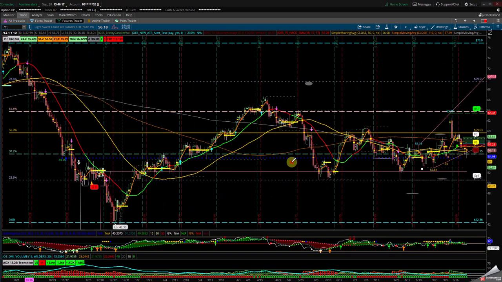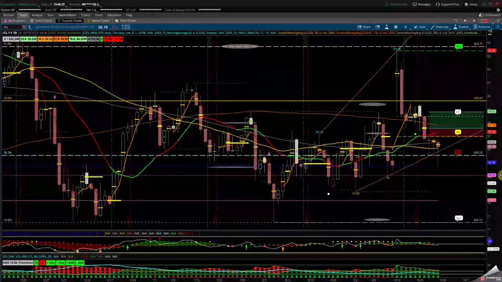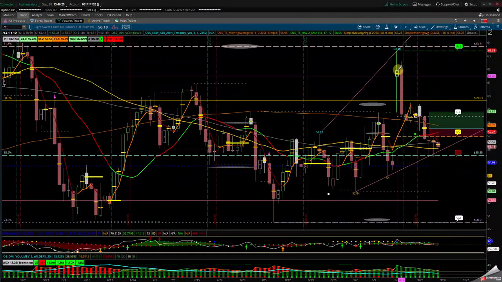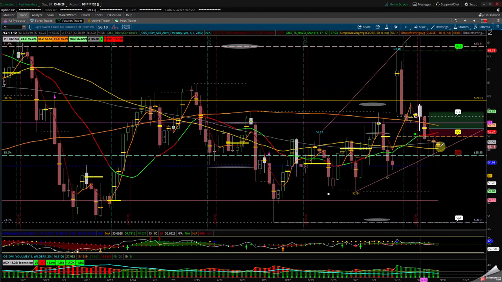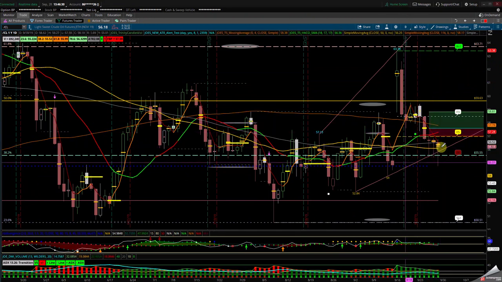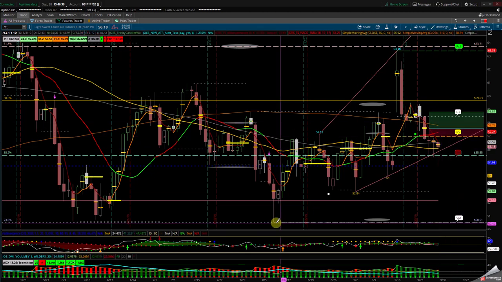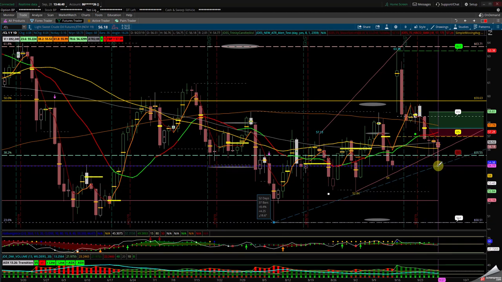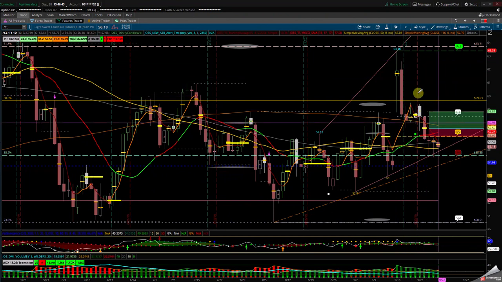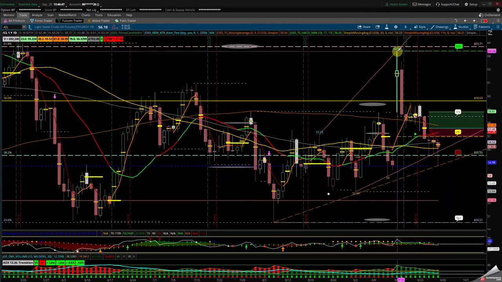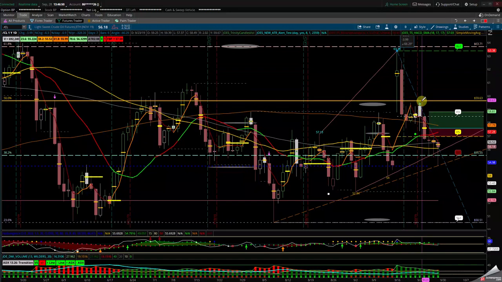Okay, oil was supposed to be going up after what happened in Iran and the Saudis. They pushed it up, filled the gap, and eventually fell through to the prior channel. The 50% in this channel has to hold in order to continue higher, or you can draw a channel from this candle here to this wick here in order to hold to continue higher. We have this down channel here. If it violates to the upside, look for continuation to the upside.